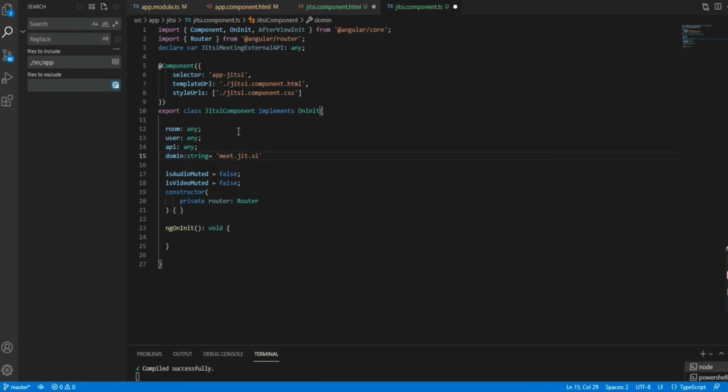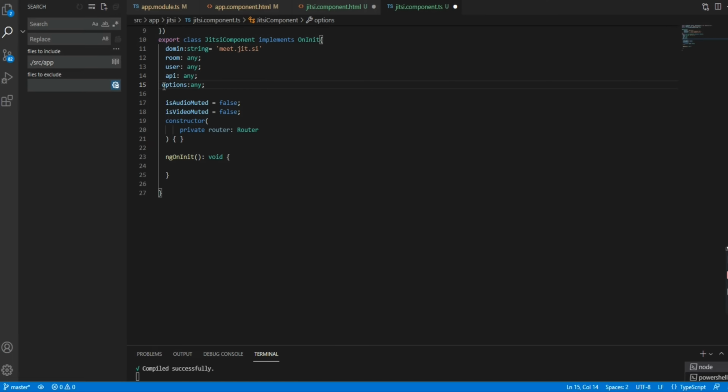By default we will take a domain right now with string is equal to meet.jit.si.